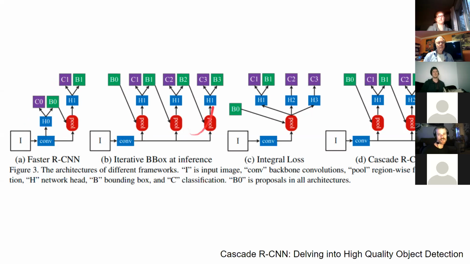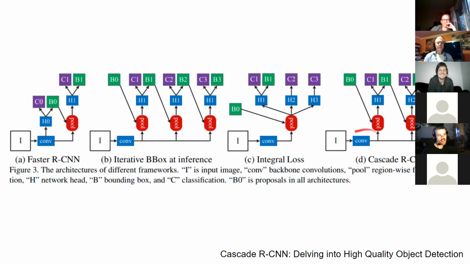This is the basic faster RCNN. If we wanted, we could do something iterative, where it looks like before. By the way, they've omitted C0 and H0 from the diagram, but they're still there conceptually. They were just saving space. So we could take those proposals, cut them out, refine them, and then we have boxes we could refine again if we wanted to. So we could take these boxes, put them back in, refine them again, put them back in, refine them again. Do this iteratively, using the same network every time. That's why it's labeled H1. So this is something you could conceptually do. C, integral loss, don't understand, don't want to talk about it. But jumping to D,